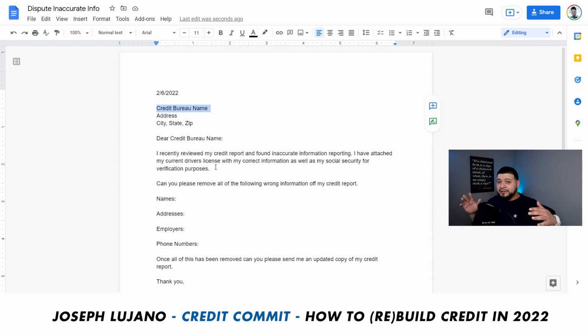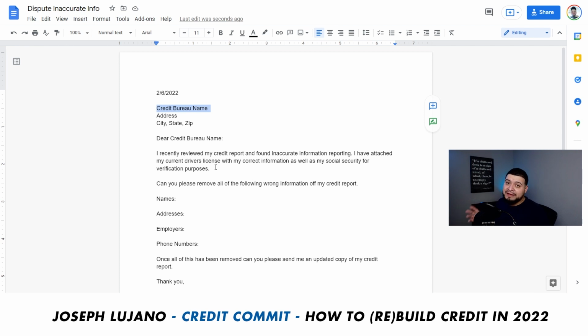So what you're going to want to do as well is make copies of your ID and your social security card, like one on top of the other. So you would just make copies of that, or you would scan your ID and your social security card. You need to send this to the credit bureaus, or they're not going to change anything. They're not going to take your dispute seriously because you're not verifying who you are, your identity. But anytime you're sending any dispute letters, you're going to want a copy of these.